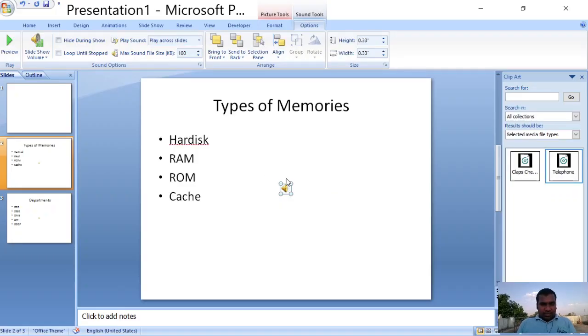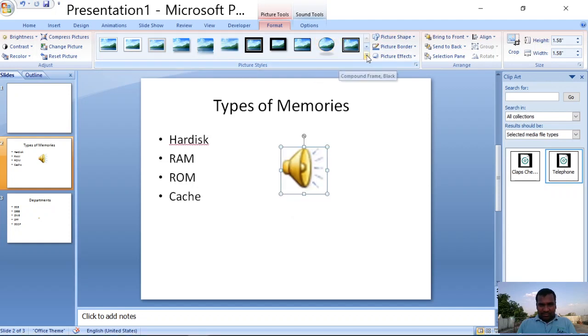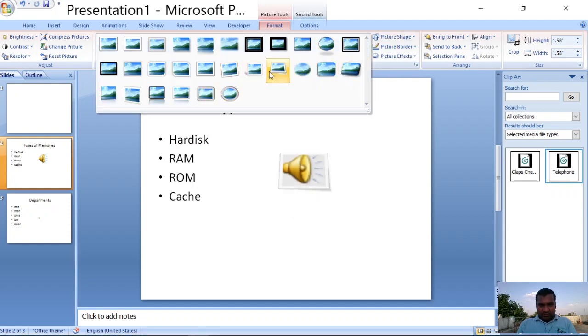I already told you we have format commands. There we can perform several picture format operations. For example, I am choosing a style. You can observe the icon here. I am increasing the icon size, so like this, more options are there.